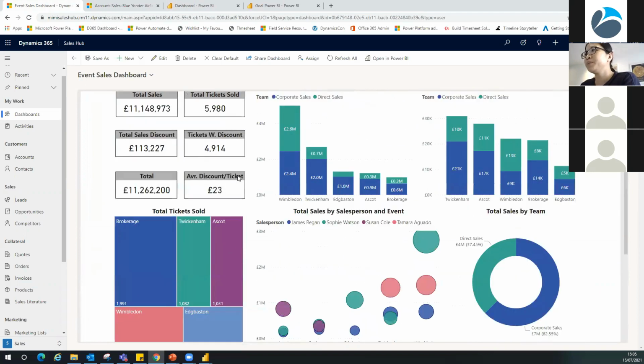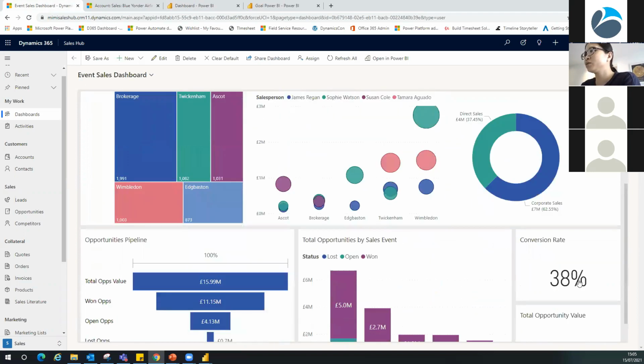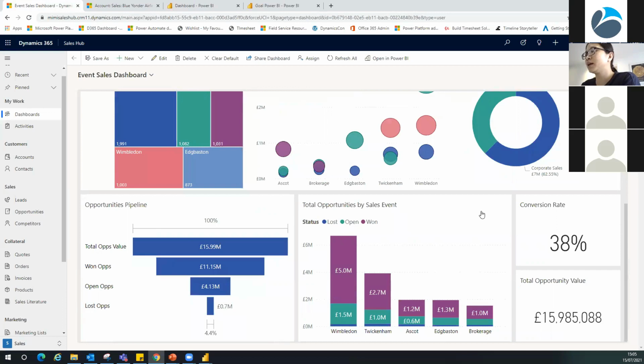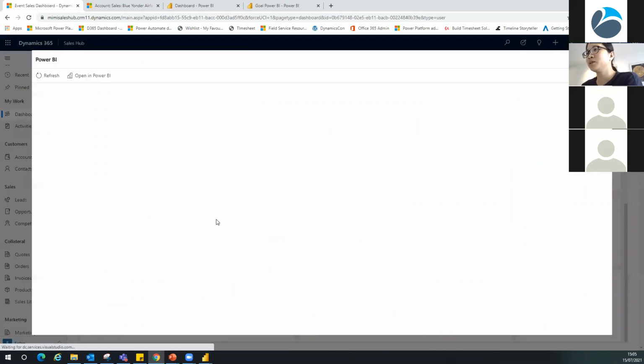You can pin the whole report, or you can pin individual visuals to the dashboards as well, and they are live data. The difference between pinning an individual visual and pinning a report is, if you pin a visual, then you click the visual, and you go to the report that holds that visual.